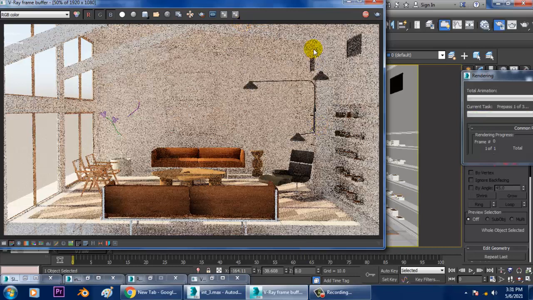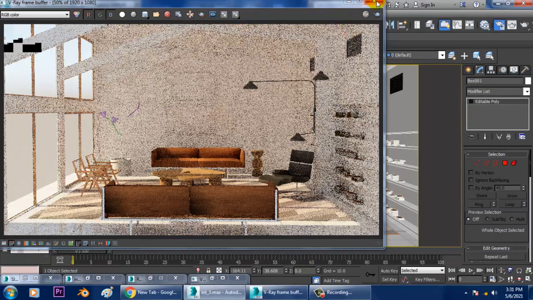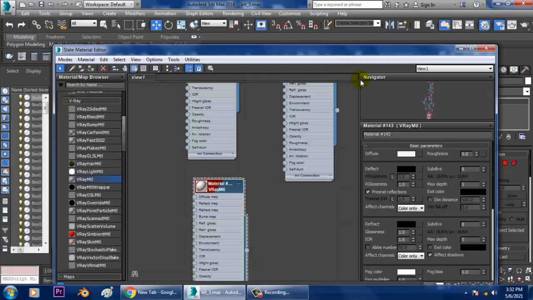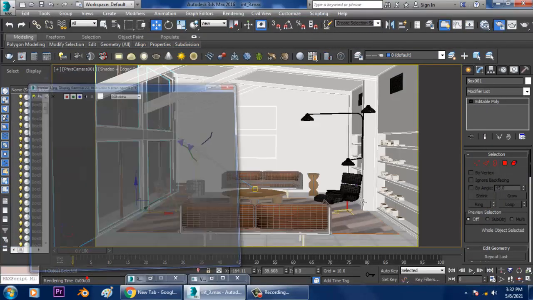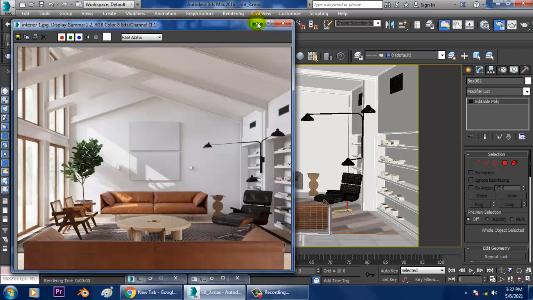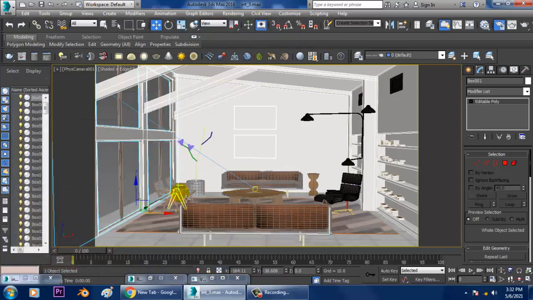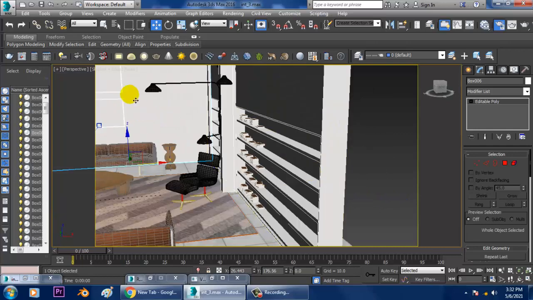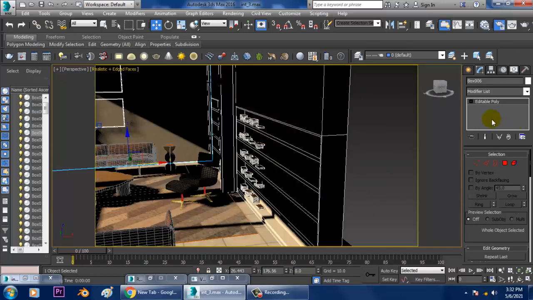So now what I'll be doing over here is, I can add a few more V-Ray lights. So I'll just make it realistic over here.